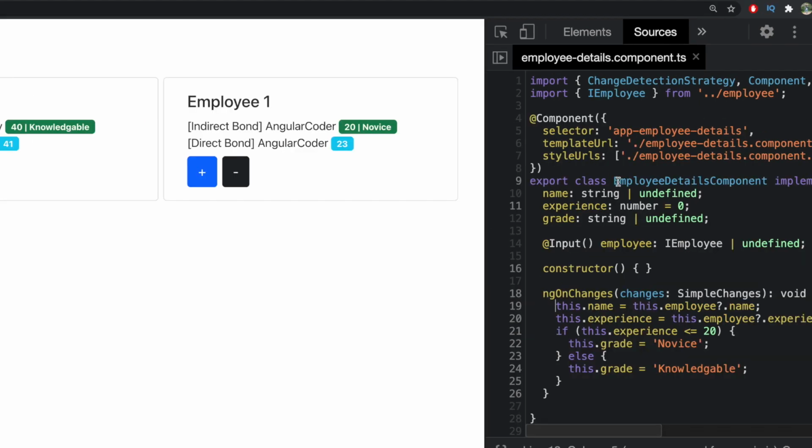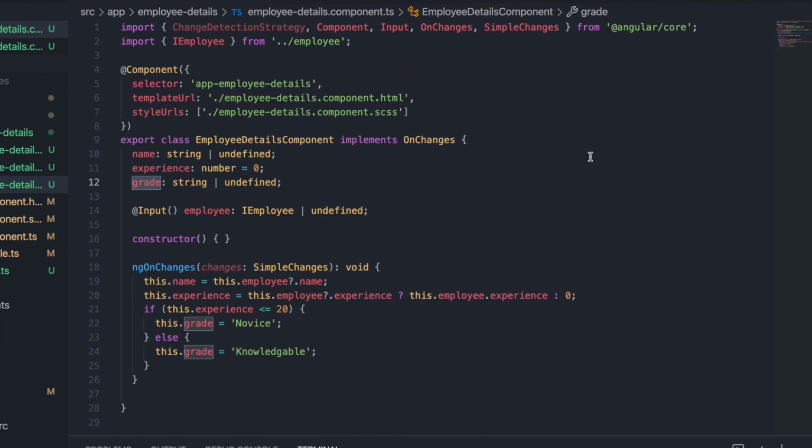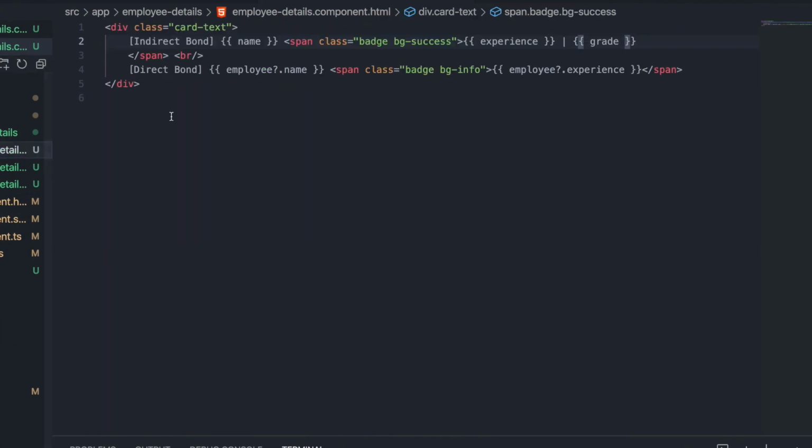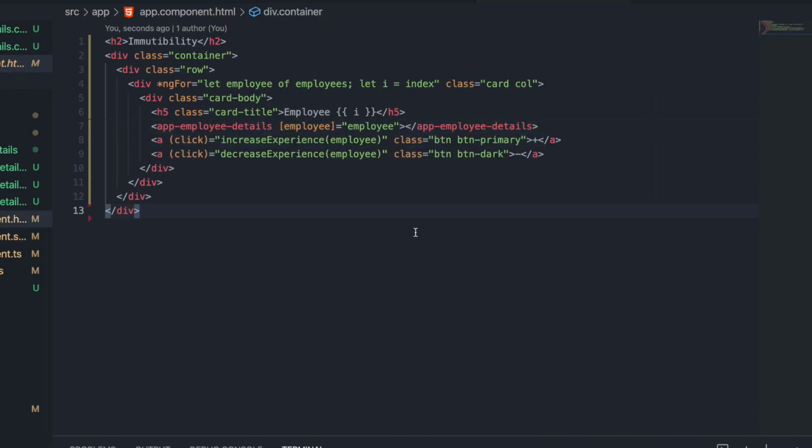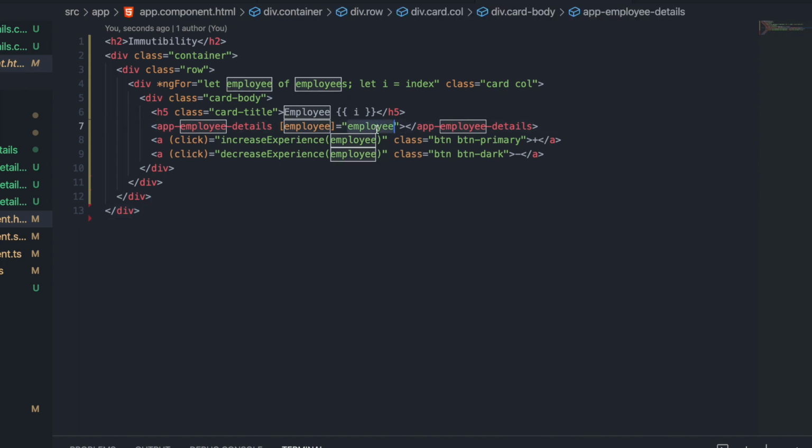So how change detection works is basically it finds the template files, and in the template file it is going to see if any of the properties which you have directly bound in the template has changed or not, right? In this case, in our app component, you have bound directly to employee, and that means the object employee.